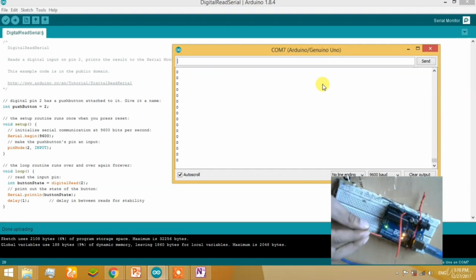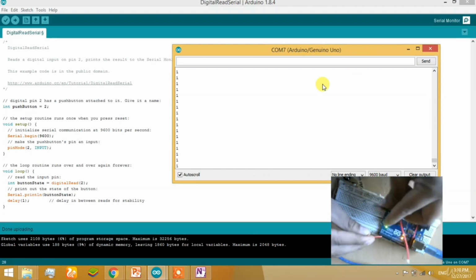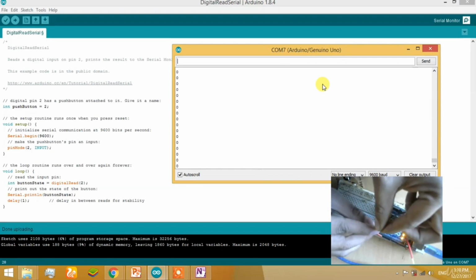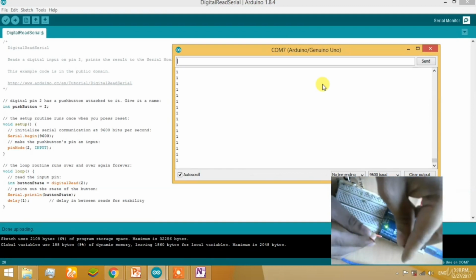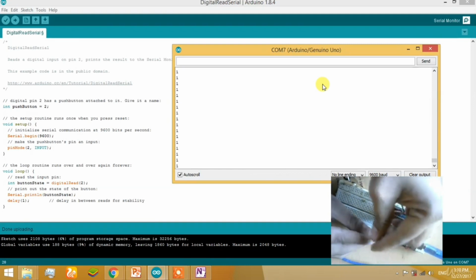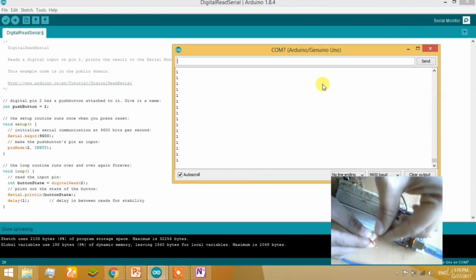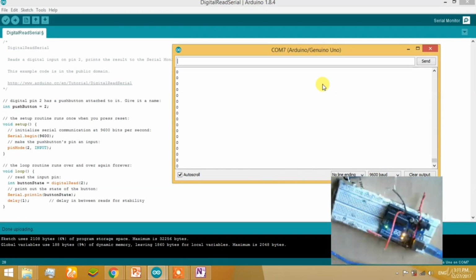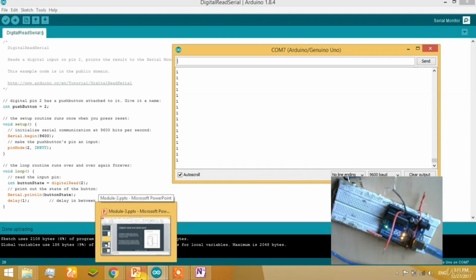Again, let me show you the wire that is connected to digital pin 2. Connected to ground, it will show a fixed value of 0. After the garbage, you can again see that it has a fixed, non-changing value because it is set to ground, or set to low. Another time, let us connect it to the 5 volt and you can see it has a fixed value of 1. Removing it will cause garbage. We don't want the garbage, but whenever you connect it, it will show a fixed value of 1. Well, this is the program for the digital pin and for digital read in the serial monitor.